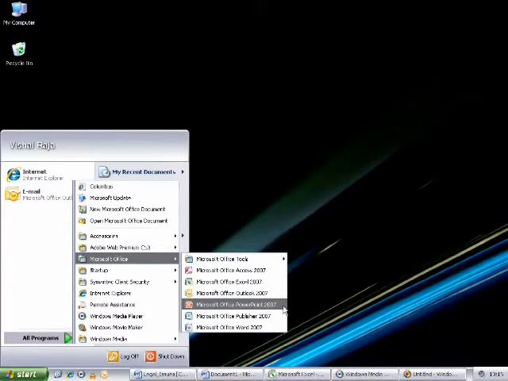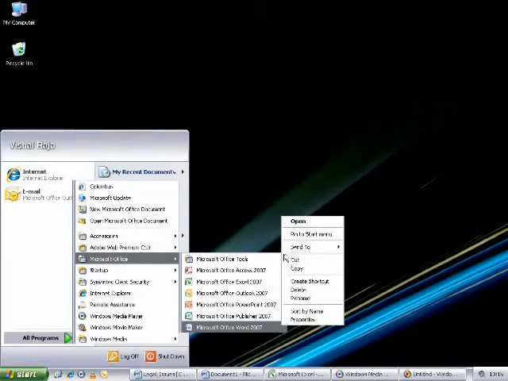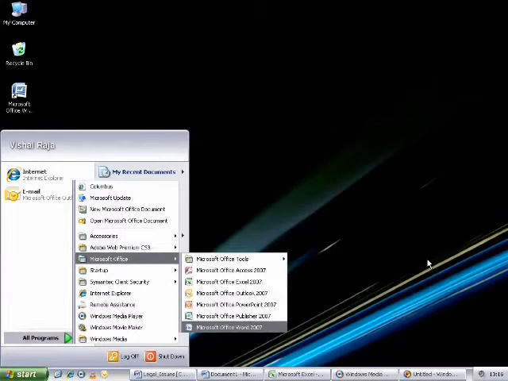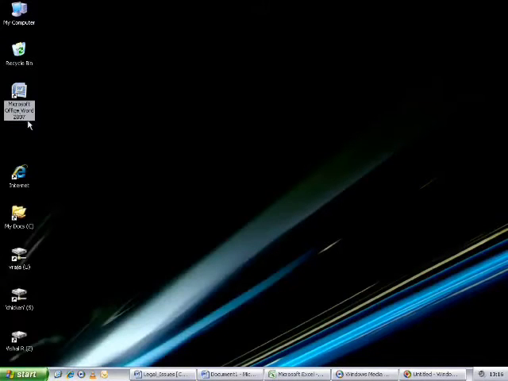Here's a little hint for you. If you like to use a particular software often, it is wise to create a shortcut button of that software and put it onto your desktop. Now, students don't have access to do this, but staff can do this on their own personal work computers. So to do this, simply right-click on the software's name, for example here, Microsoft Word, Send to, and Desktop Create Shortcut. Now this will automatically create a shortcut on your desktop and simply double-click on the icon to load the